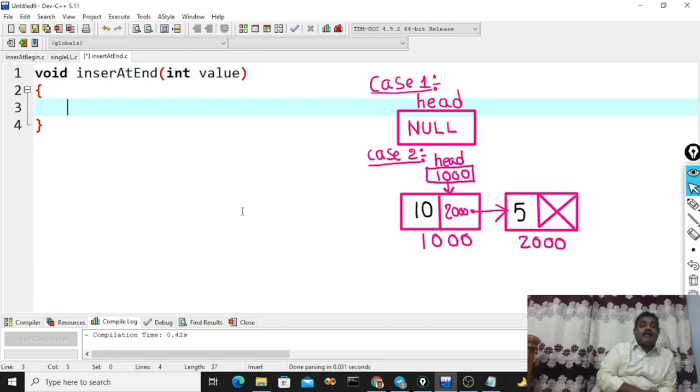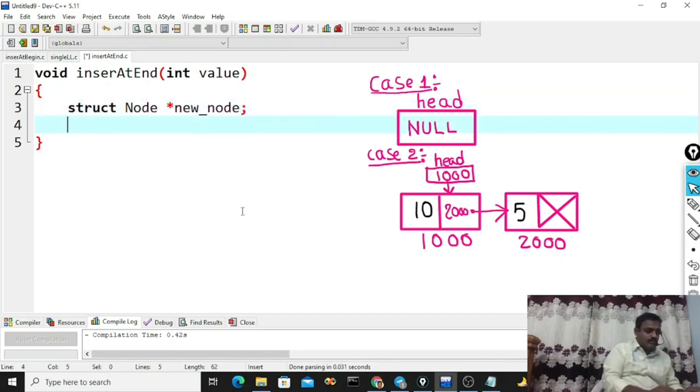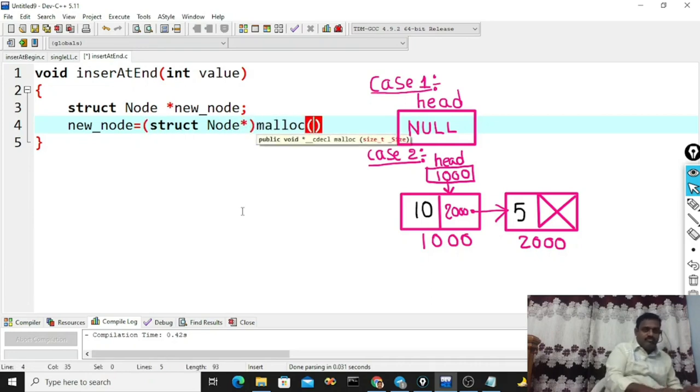First, you need to allocate memory for that new node. How to allocate memory? Struct node star new_node. Now, new_node is equal to struct node star typecasting, malloc of size of struct node.